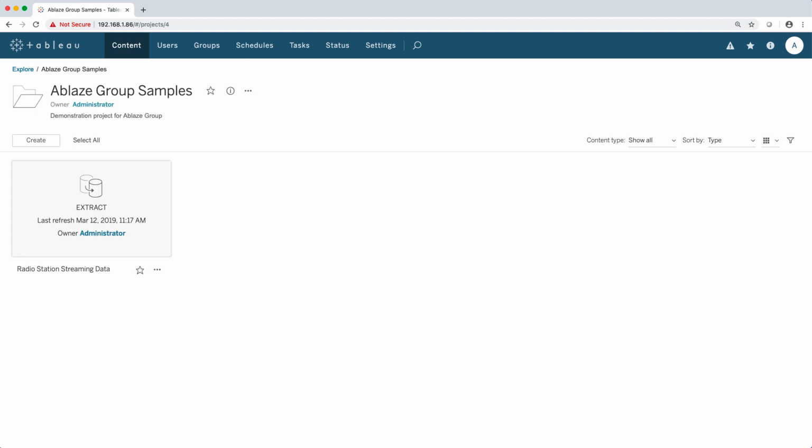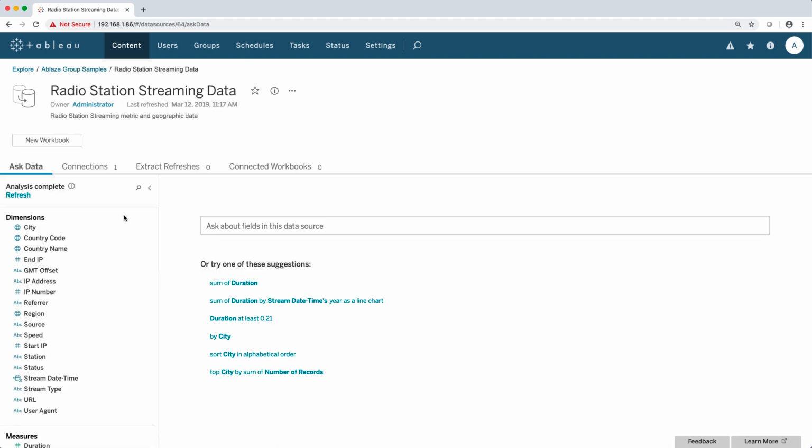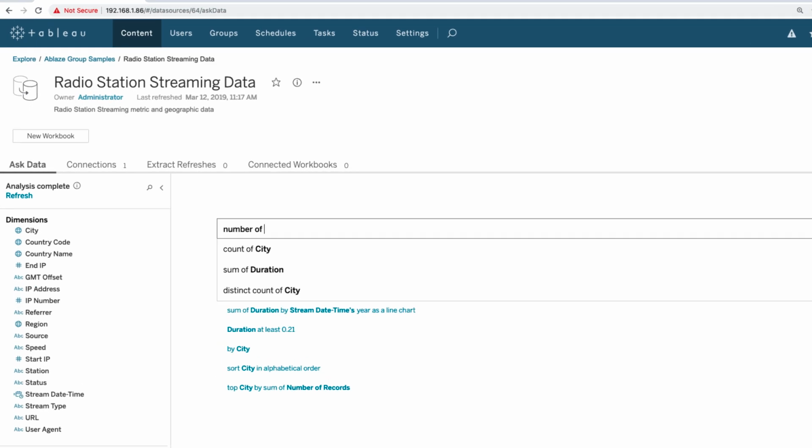So here's my Tableau Server. I have a project with a Blaze Group Samples is the name of it. I have a data source in it, an extract called radio station streaming data. And I now have a new Ask Data option when I connect to that data connection in my web browser. The idea is to ask natural language questions like number of records